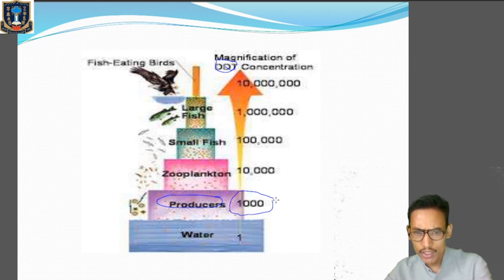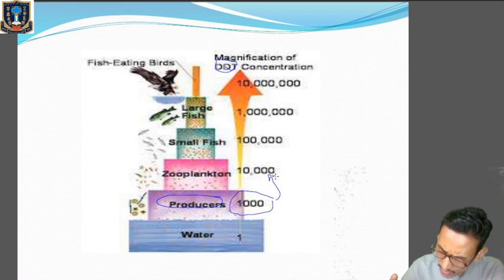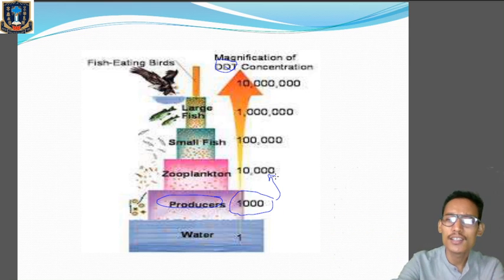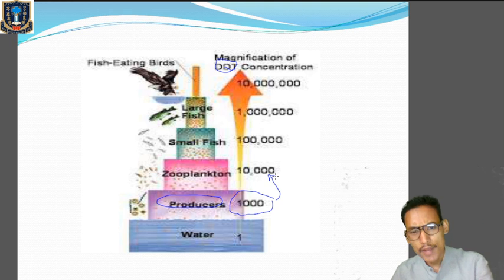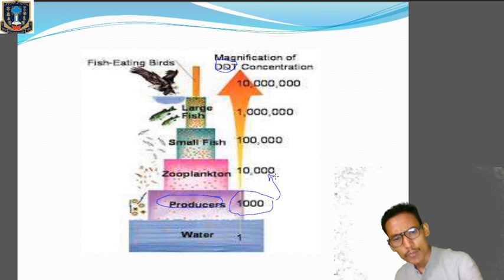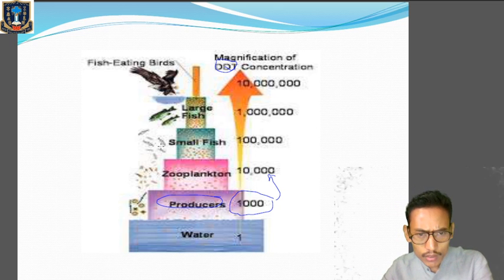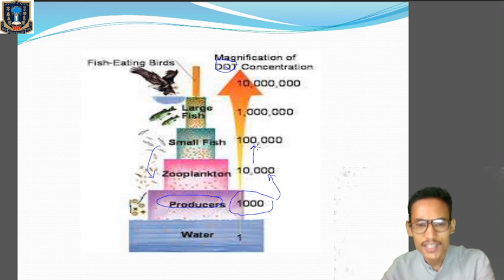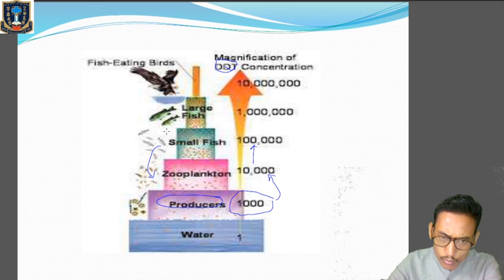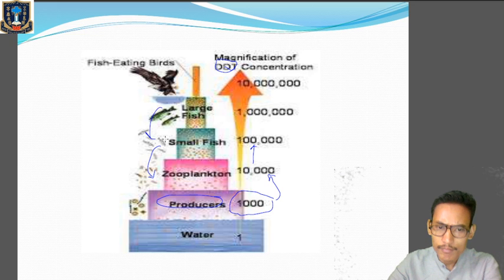So you can see over here, from 1000 it has reached 10,000. The concentration of DDT increases when the zooplankton feed upon the phytoplankton. Now when the small fish, the secondary consumer, feed upon the zooplankton, again you can see an increase in the concentration of DDT. Similarly, when the small fish are taken up by the larger fish, the tertiary consumer, with primary consumer, secondary consumer, and then the tertiary consumer,